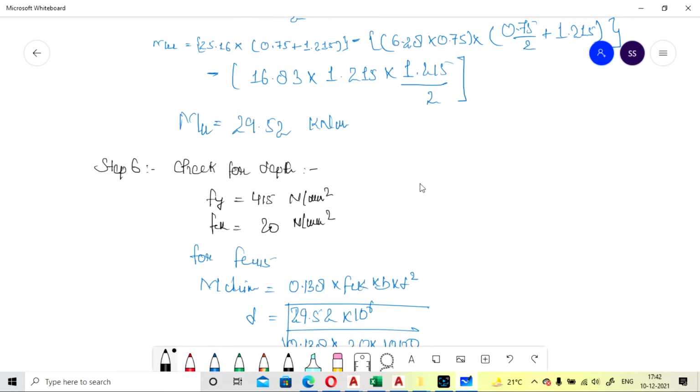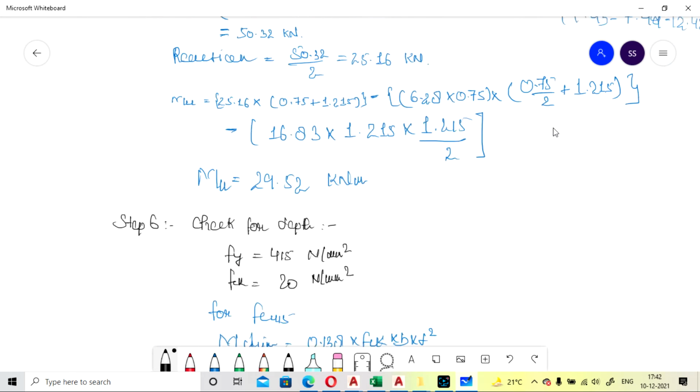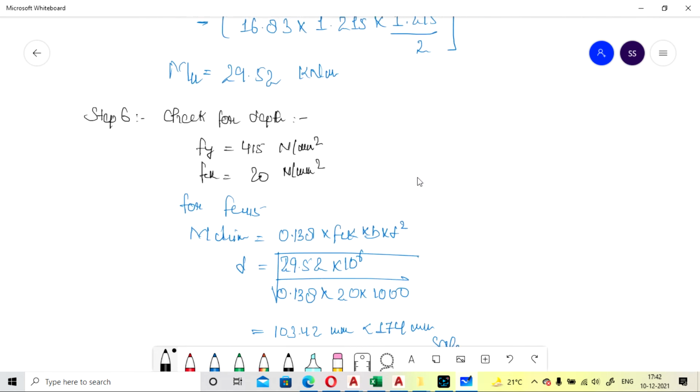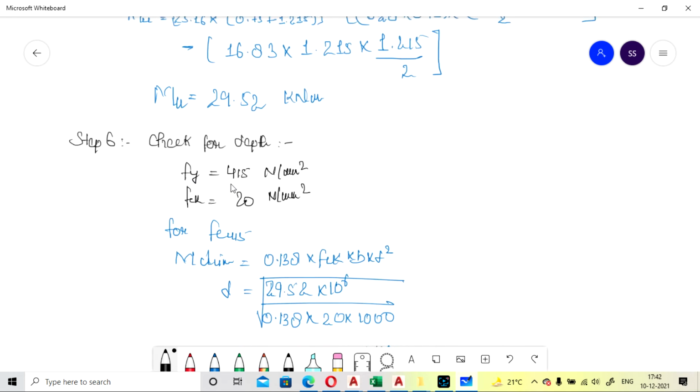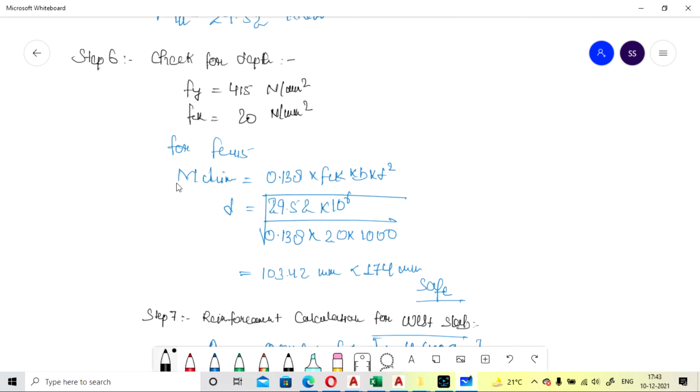So we can go for the check for depth for the base slab. This moment is calculated for the base slab design. Now we will go for the check for depth. We have taken Fy, that is the tensile strength of steel, as 415 Newton per mm square, and the compressive strength of concrete as 20 Newton per mm square. Now for Fe 415, your Mu limit will be taken as 0.138 into fck into b into d square.